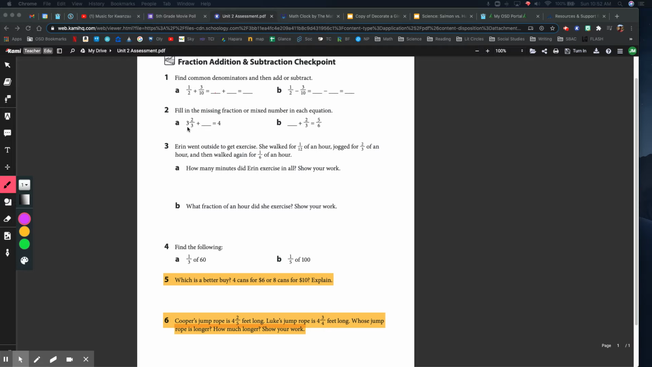So think about this one. 3 2/3 plus blank equals 4 wholes. So you already have 3 wholes here, right? And then you have 2/3 of another whole. So how much more would you need to get to 4 wholes? So if you were to draw the 2/3,